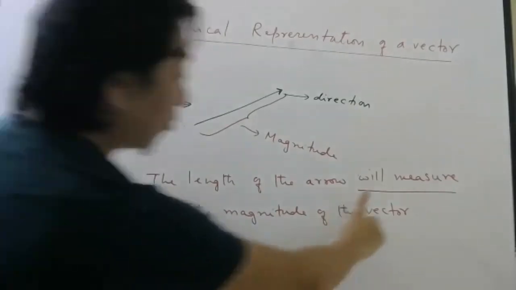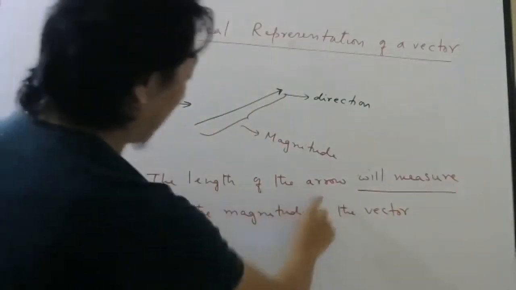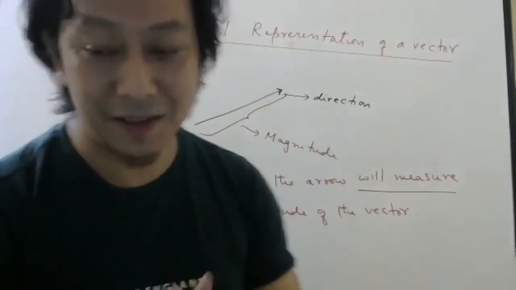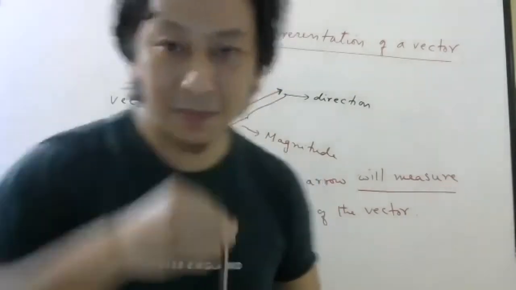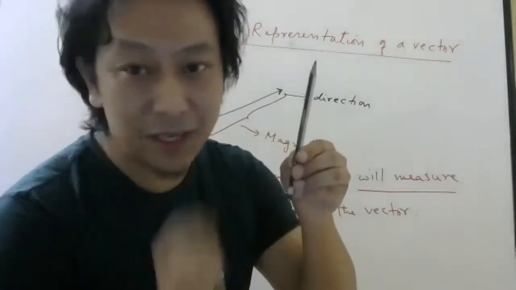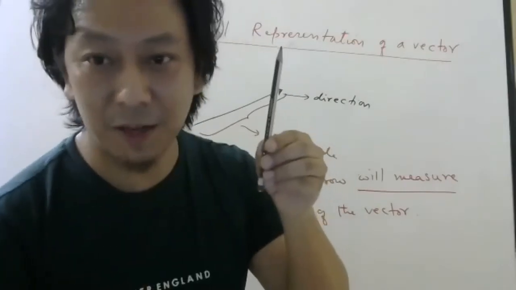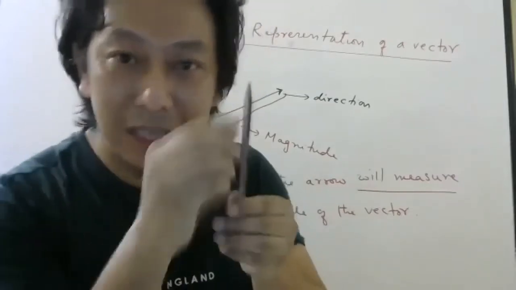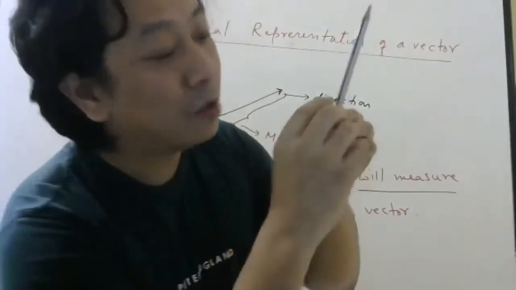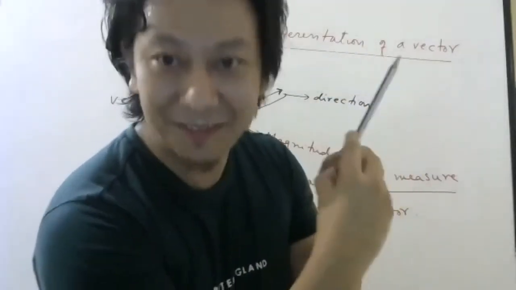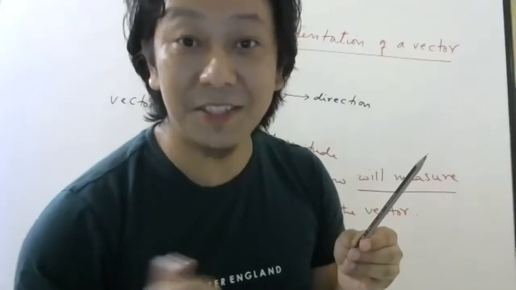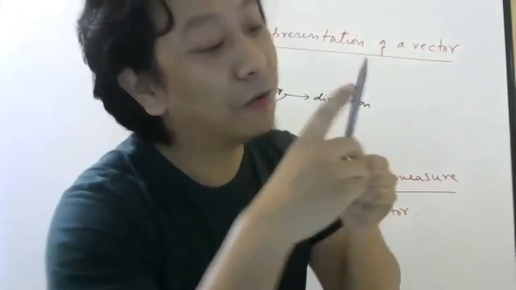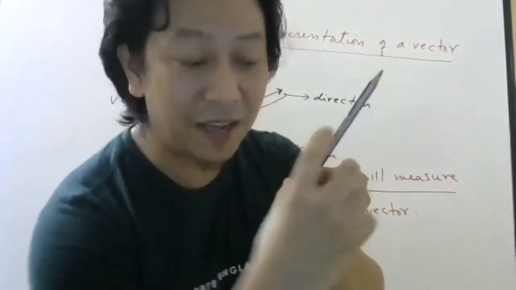The answer is, see, I wrote "will measure." I did not say the length of the arrow is equal to it. I'm saying it measures the magnitude. It is like this. If you see a thermometer, there is mercury inside the thermometer. I'm talking about the old one; nowadays they have all digital. If you look at the mercury in glass thermometer, what you are measuring is actually length. But when somebody asks the temperature, you will say 20 degrees Celsius, 30 degrees Celsius or 50 degrees Celsius. But actually it is length, no?